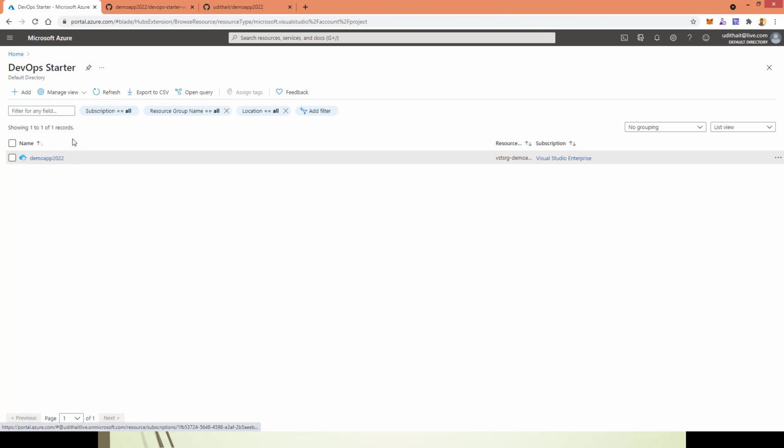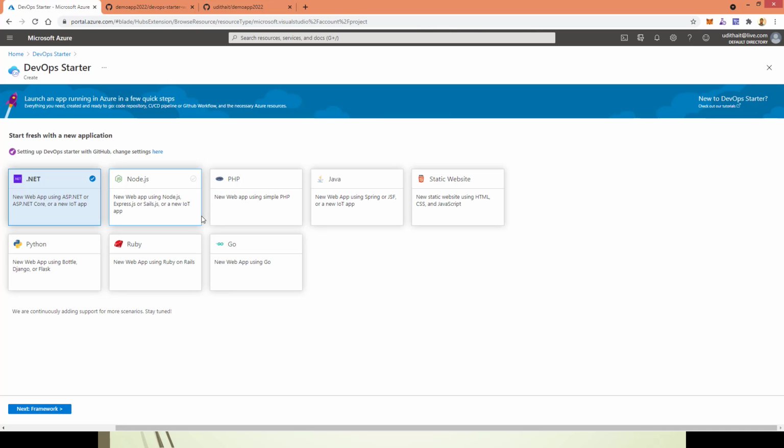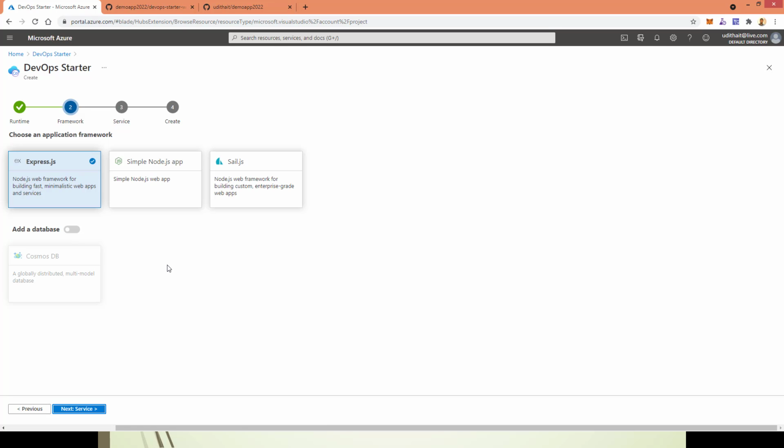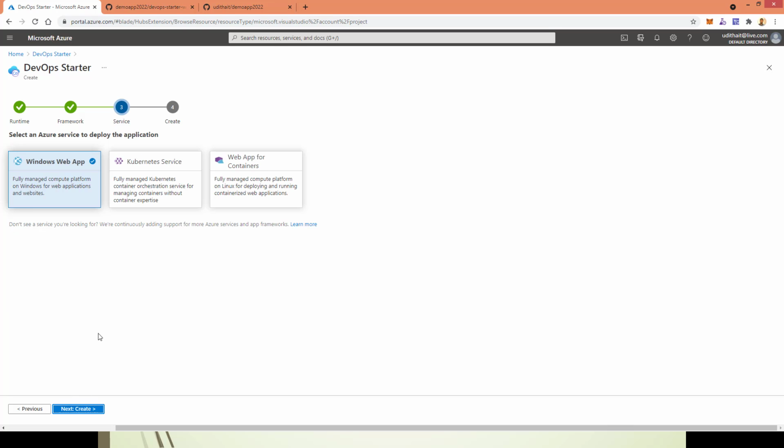So let me demonstrate how you can create a new DevOps Starter project, right? So here you can add the new DevOps Starter. Here you can see I can select from multiple options. I can select Python, Node.js, PHP, Java, things like that. So here I'm going to select Node.js application, and if you want, you can include things like CosmosDB. Then you can select whether it's a Windows Web App, Kubernetes, or Web App for